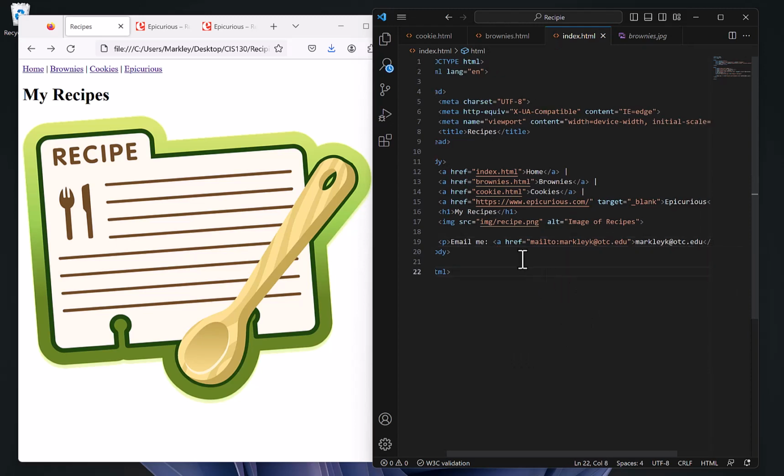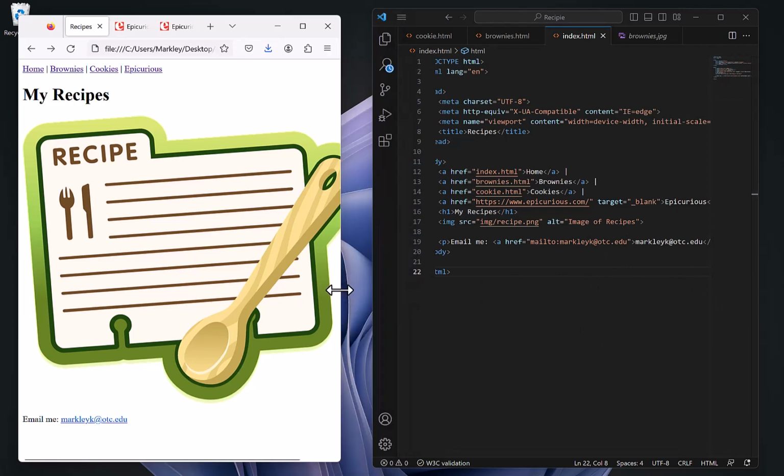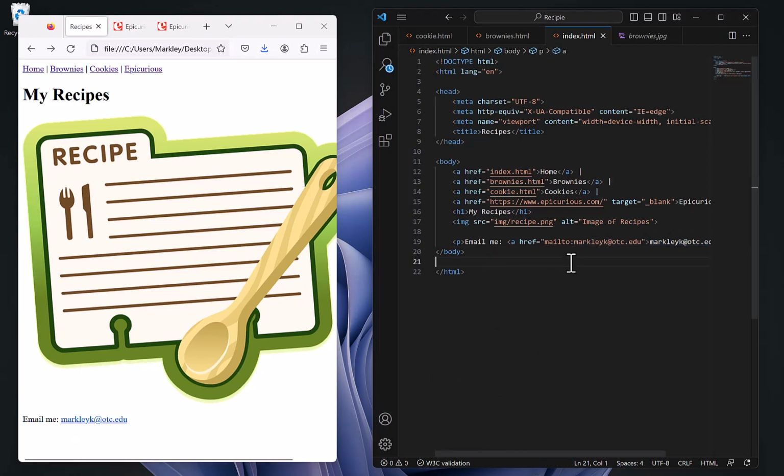So what is this providing us? Well, let's see. If I refresh this page and I look down in my footer, I have a hyperlink to Markley K. Remember that this part that's showing up in blue indicates that it's an unvisited link. The fact that it is a clickable link is definitely visible because of the underscore, and we've put it in an anchor tag. But because we've added this mailto with an email address, we're telling the browser to go